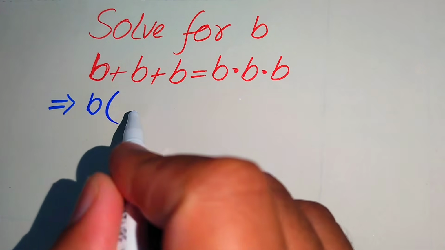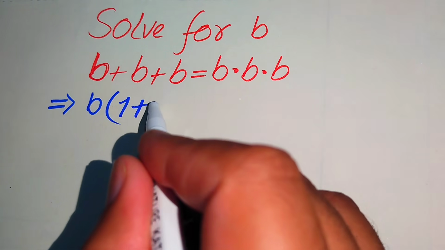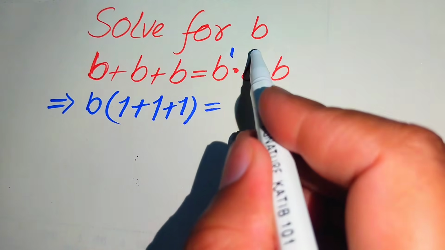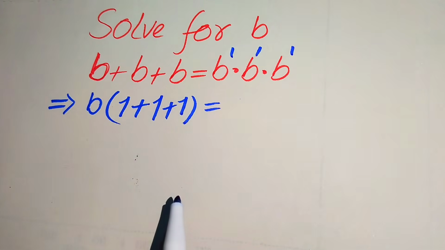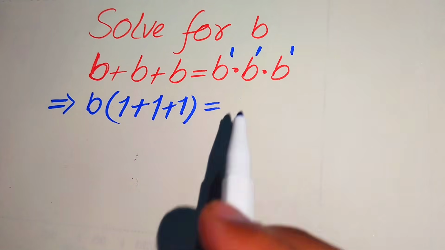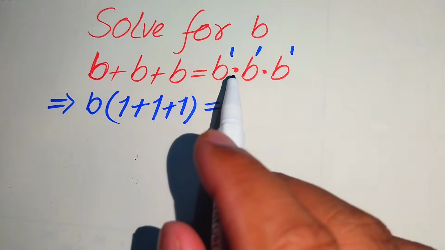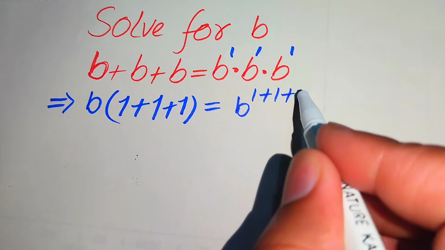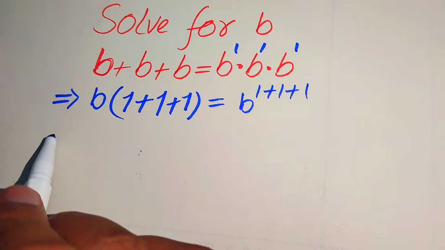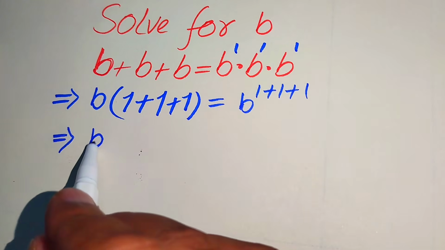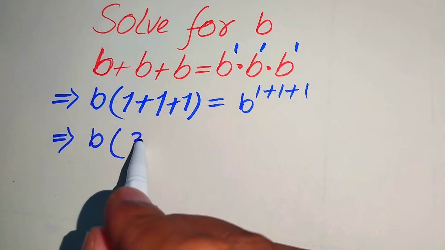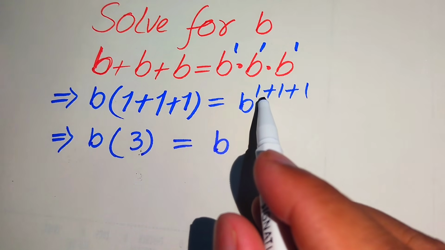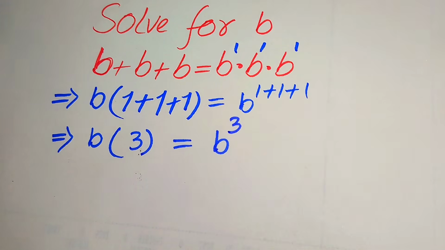So when we take common b from here, the remaining values are 1 plus 1 plus 1. On the right side, you see that the exponent of all these three values is 1. According to the exponential law, if bases are the same, then we add the exponents, so it will be written as b to the power of 1 plus 1 plus 1. On the left hand side we have b times 1 plus 1 plus 1, which becomes 3, is equal to, on this side we have b to the power of 1 plus 1 plus 1,